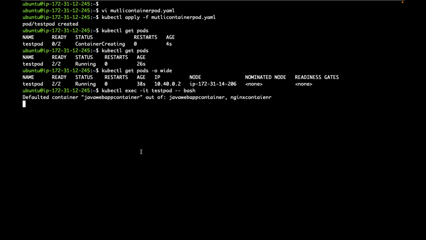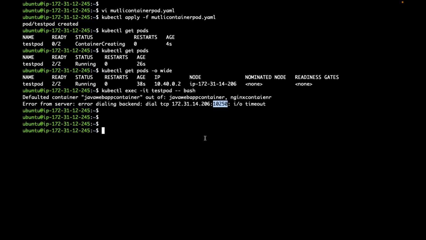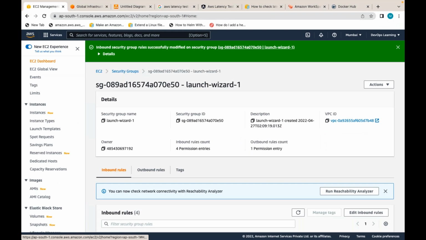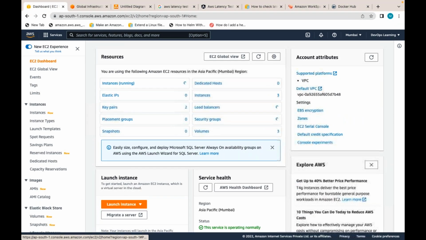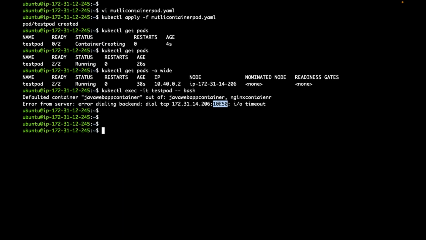It is hung. Let's see. So it is defaulted to this one. Now I am getting a timeout because I might not have opened the ports properly. I need to check because yesterday my account got suspended and I created a cluster again. If the ports are not opened properly, I may not be able to access the required ports. Is it saying timeout on port 10250 on this IP?